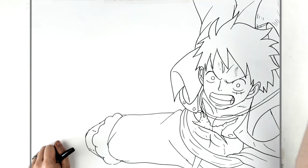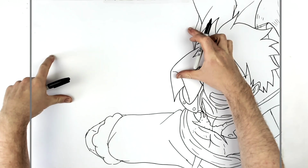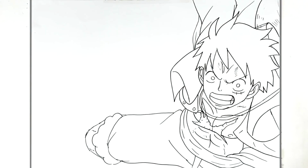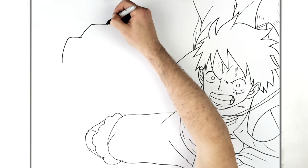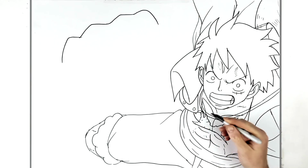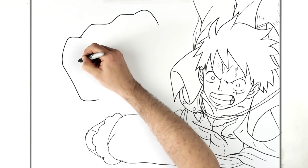So his cloak all flows off that way. Maybe I'll just do an extra sort of cloak line going that way. And then we have the big fist, right? So let's see. We'll go knuckles. So we'll go up, down, up, down, up, down, and up and down. Right, that'll be the top of it. And then we'll just bring it down, around. So for each finger,